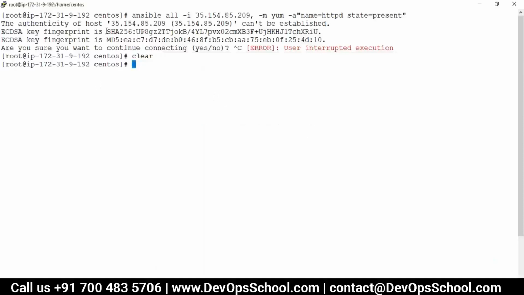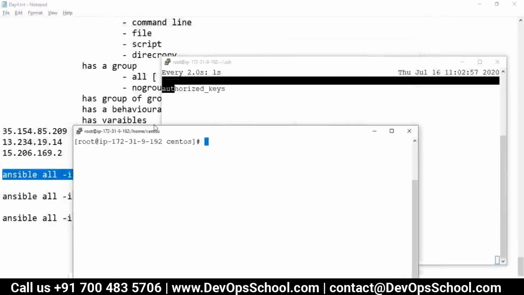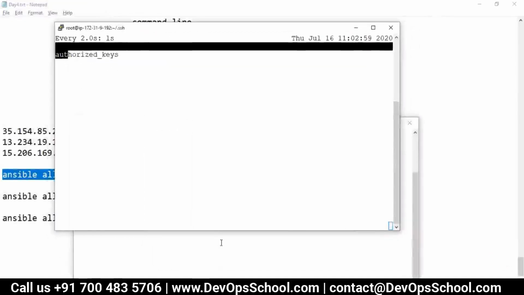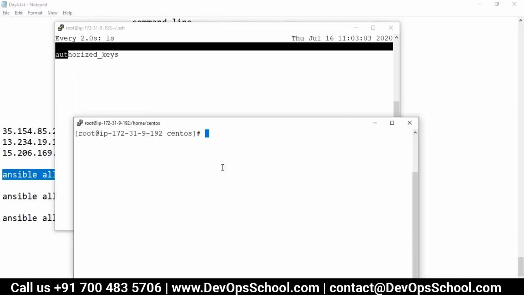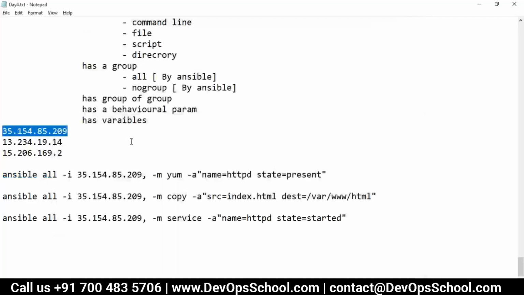Now see what happens. This is SSH behavior, nothing to do with Ansible. It happens when you connect to a new machine for the first time. Let me connect.